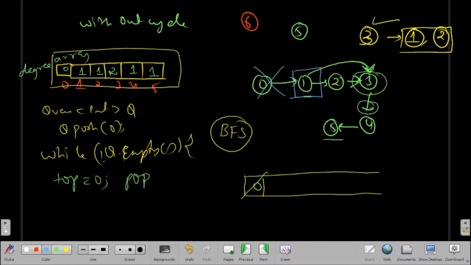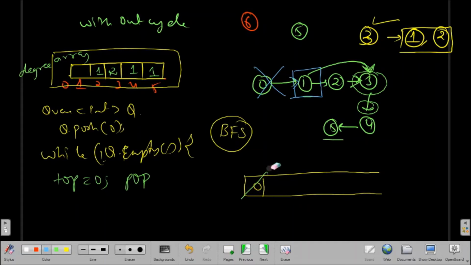So the in-degree for 0 is deleted. So for completing course 1 we have 0 prerequisite, so we'll change this. Because this is deleted, let's suppose, because we have already used it, there is no use of that course 0.